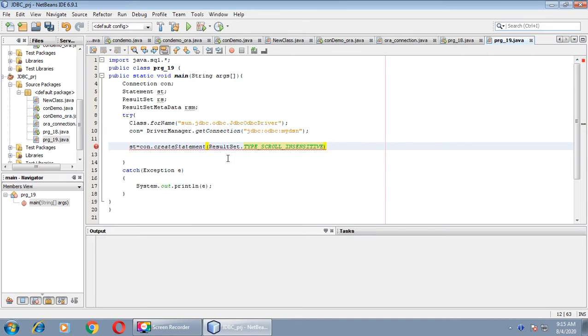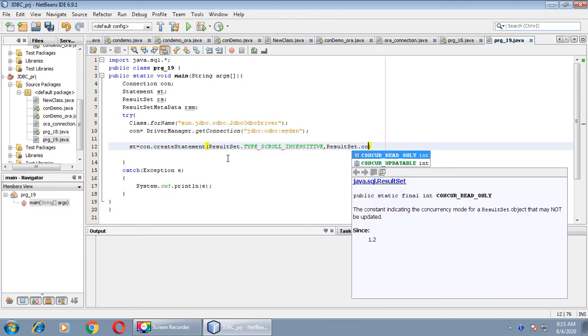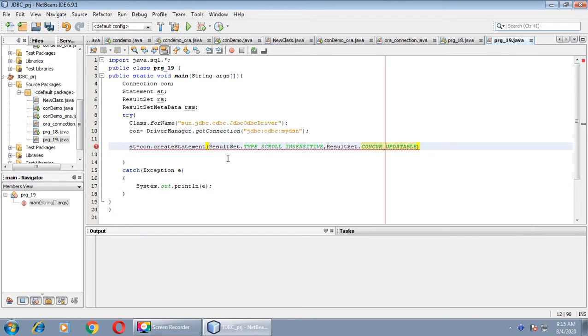We'll take this option. Then second option is ResultSet.CONCUR_UPDATABLE. The constant indicating the concurrency mode for a result set object that may be updated. So we'll go with the second option, CONCUR_UPDATABLE.